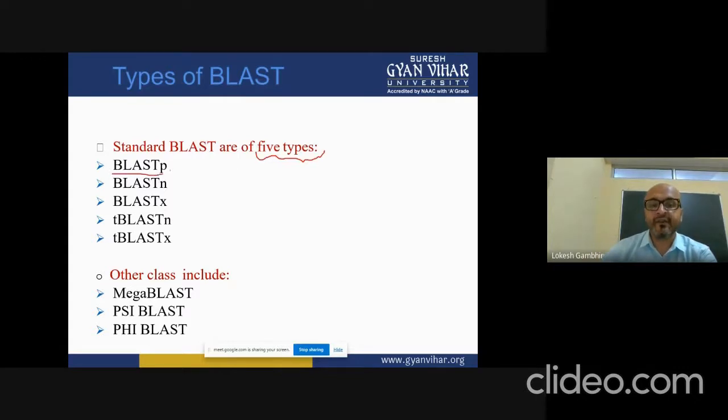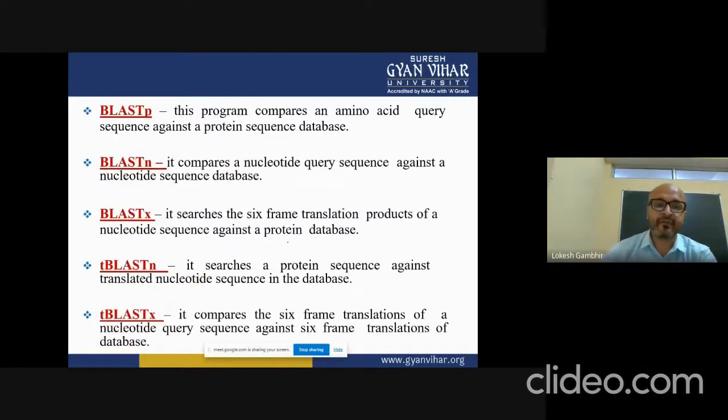BLASTP is where you are using a protein sequence. BLASTN is where you are using the nucleotide sequence, and so on. And then there are other forms of BLAST called Mega, Psi, and Phi BLAST. When we are talking about BLASTX, you are using the query as nucleotide.